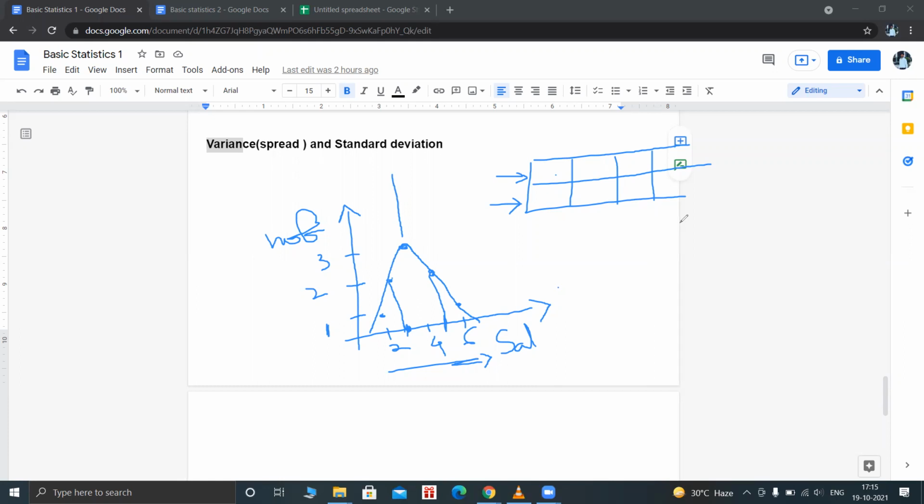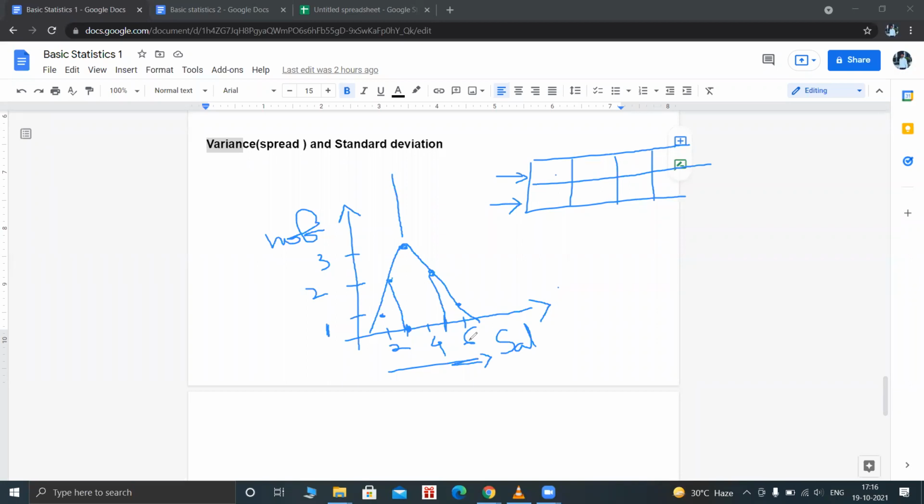Guys, are you all trying? Yes. So it was 3.7, right? Okay, guys, consider it as a 3, not 2.5. Consider it as 3 because this point is exactly in between 2 and 4, right? So consider this point as 3 and this point as 5. So you have to do 2 plus 3 plus 4 plus 5 plus 6 by